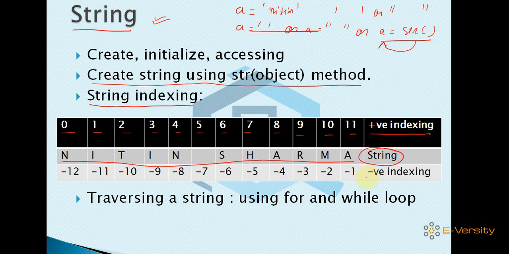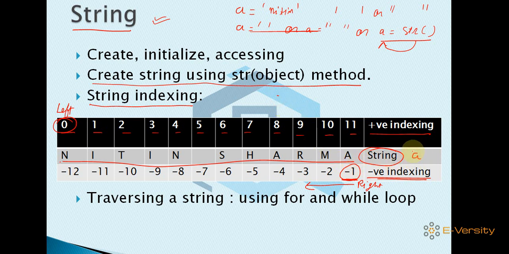If you want to do negative indexing, negative indexing starts from the right hand side toward the left hand side, and it starts with -1. You must be sure of one thing: the positive index starts from the left hand side, and the negative index starts from the right hand side. That is the first difference. The second difference is that positive indexing starts from 0, but negative indexing starts from -1.